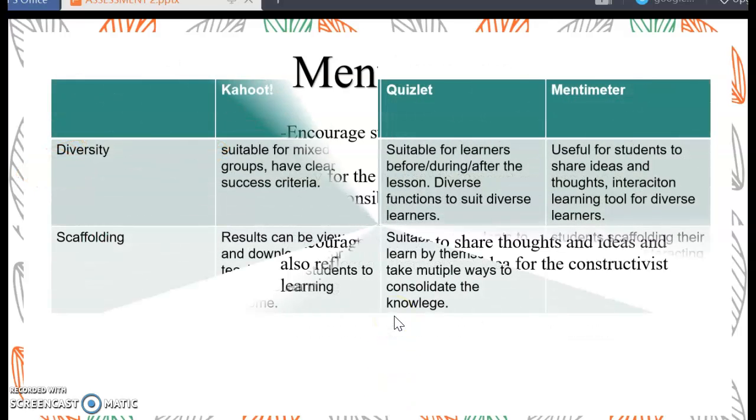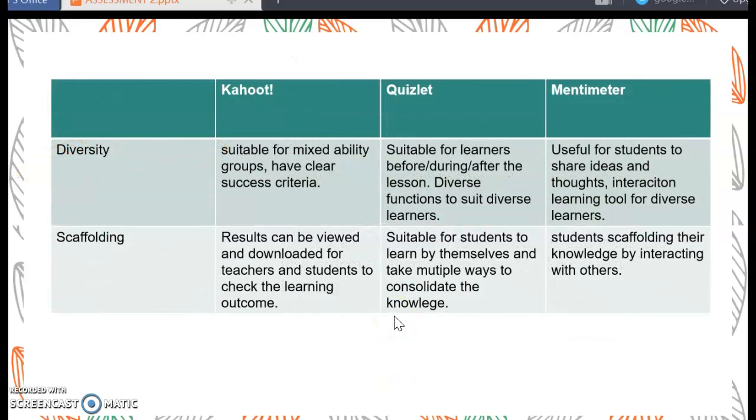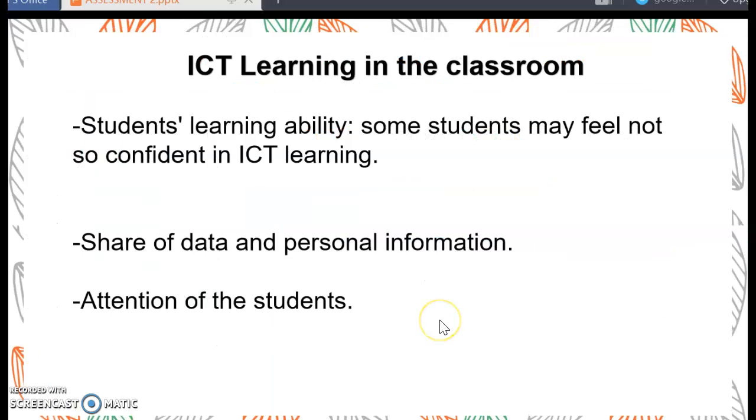And these 3 tools are all very suitable for diversity, and they are all a scaffolding process, which are suitable for diverse learners, have diverse functions, and can all scaffold the students' learning outcomes. And also, when teachers are using these tools in the classroom, they have to be aware of students' learning ability, as some students may not feel so confident in ICT learning, and they have to share data and personal information. So teachers have to be aware of what kind of information can be shared, and they have to keep the attention of the students in case they are distracted by social